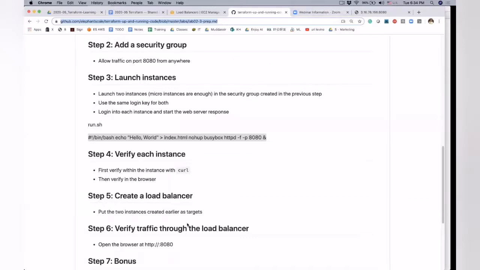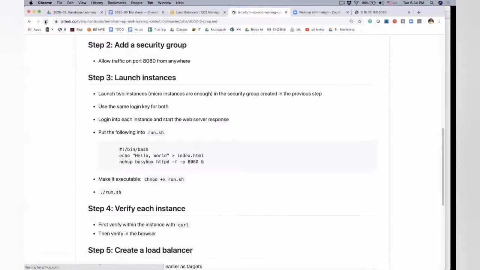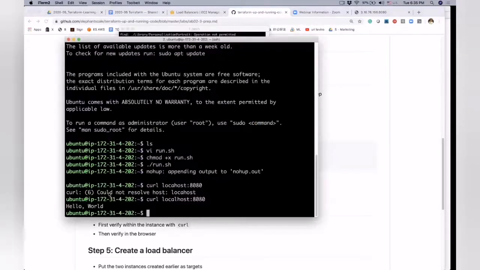Okay, so let us go into our lab, which is found right here, and let us refresh. Okay, and now it shows in the beta format. Here's what I did. You launched the instance, right? You logged in, and I hope that worked. Then in each instance, you can create a little run.sh, which will look like this. This run.sh you will be able to run. You'll make it an executable, and then you'll say ./run.sh. That I believe is exactly what I did here, right?